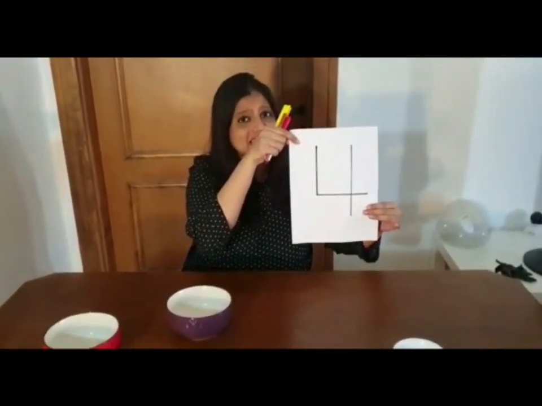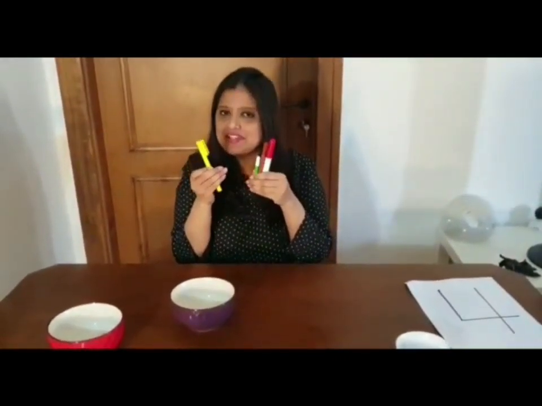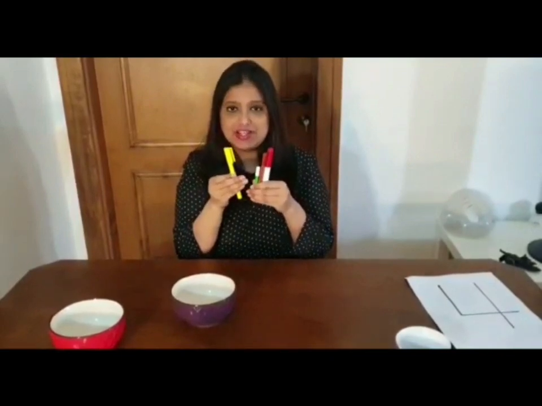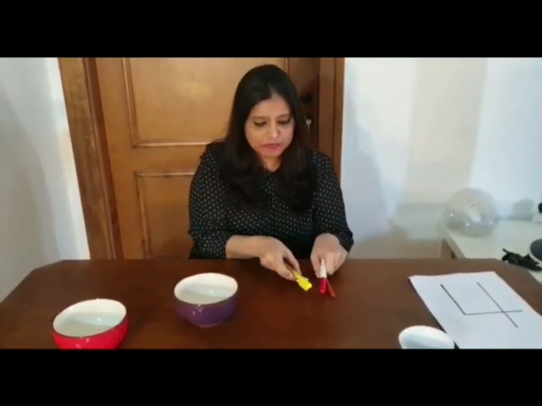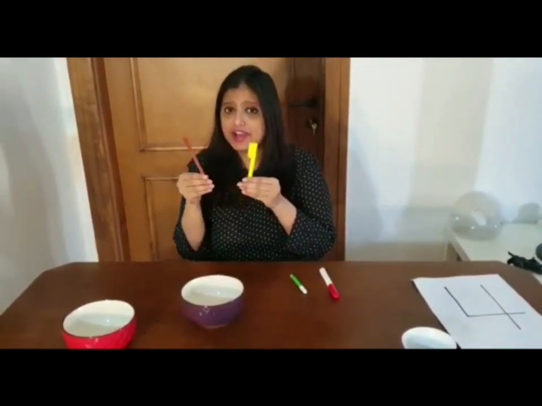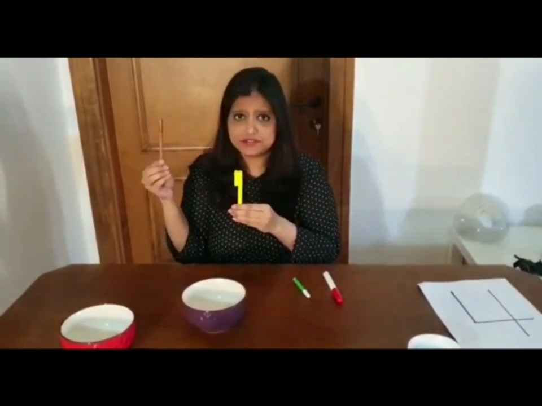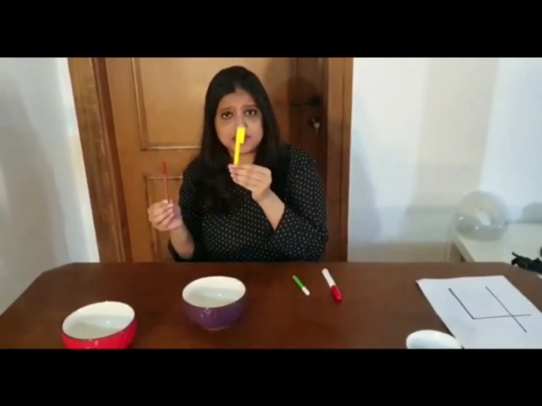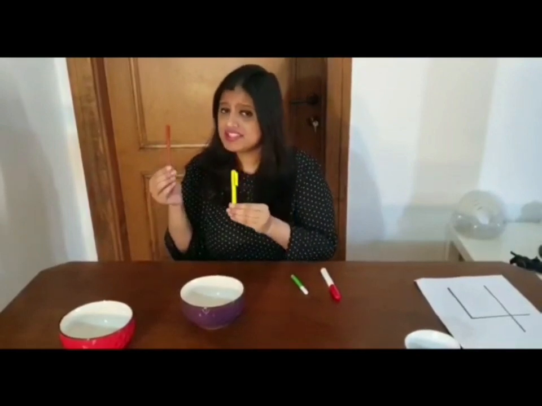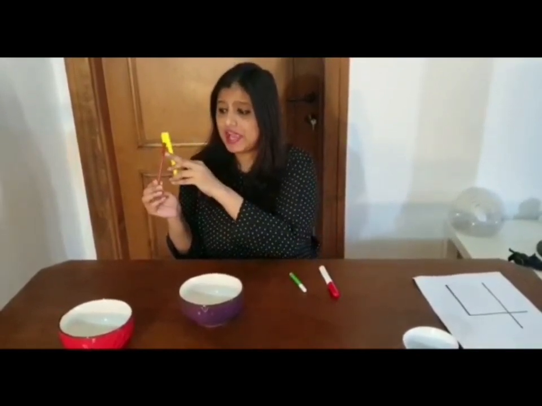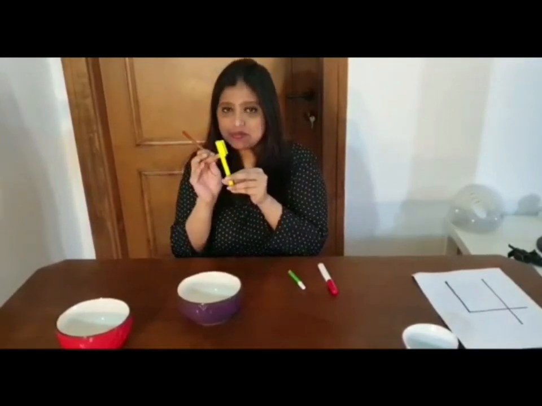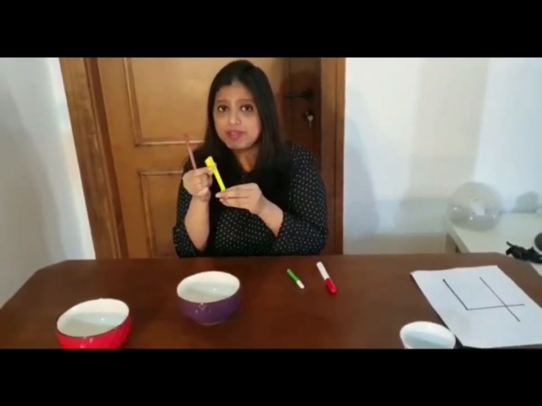Now, what is the next step we have to do? We have to identify and describe the differences between these sketch pens. So let's get started. Now first, let us take these 2 sketch pens and identify 2 differences between these 2 sketch pens. This first difference, this sketch pen is brown and white in color and this sketch pen is yellow in color. What is the second difference now? This sketch pen's cap is small and this sketch pen cap, which is yellow in color, is big.